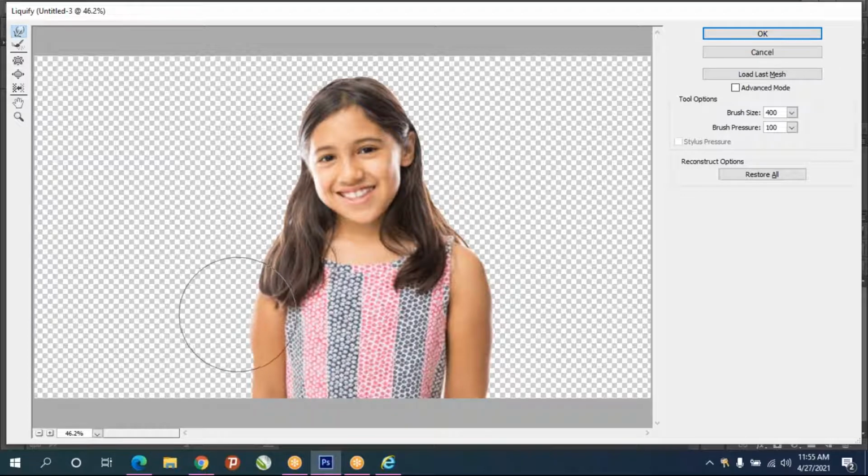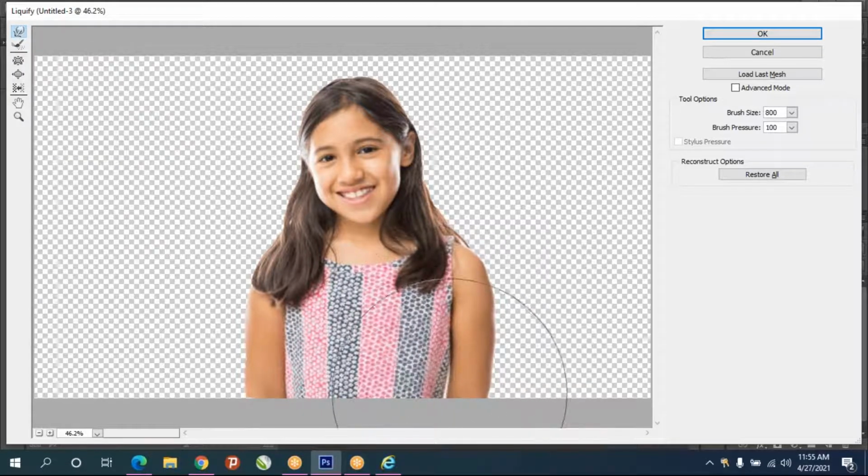If a mistake happens, Alt Control Z. So even more, you can increase the brush size.